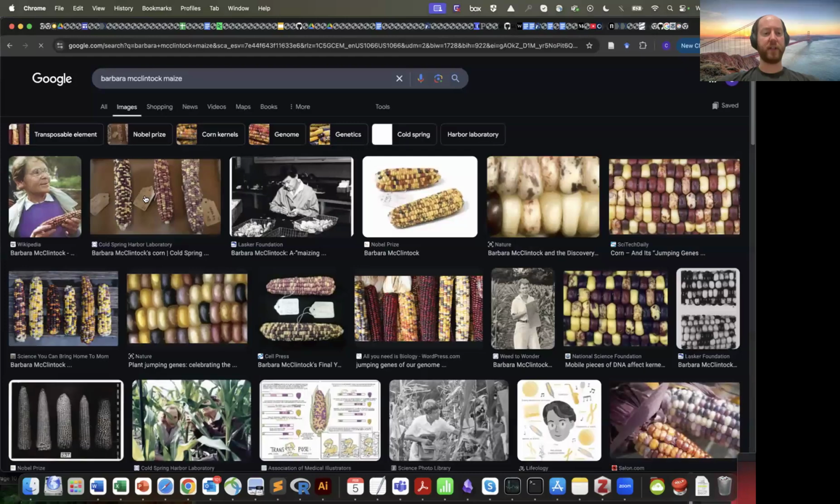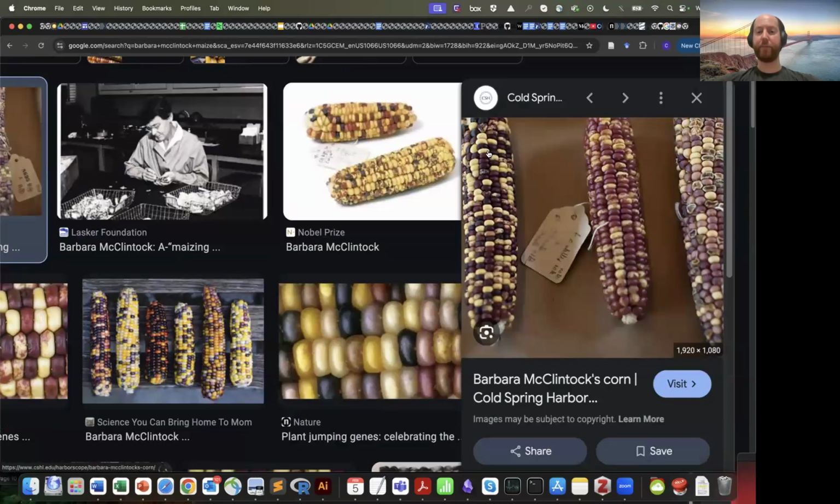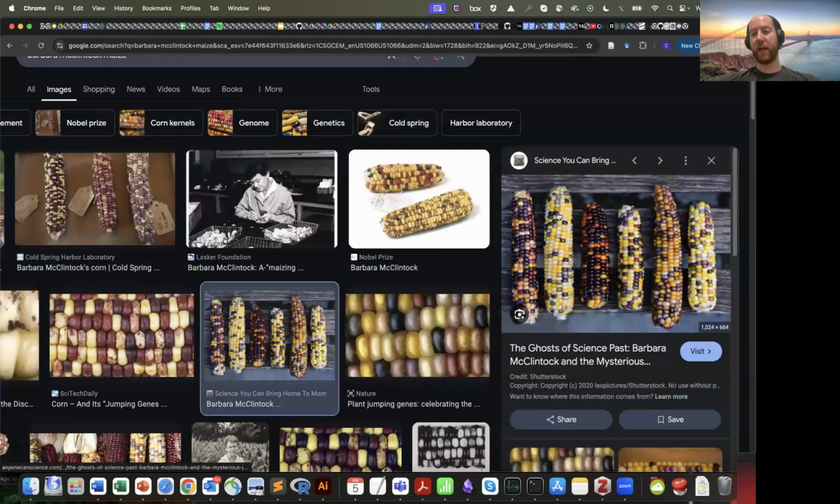And what she showed is that there are parts that you will all have seen, or some of you may be familiar with, in maize, where there's different coloring happening between the different parts of the corn husk. And so the difference in color that you're seeing there is because there are genes which are jumping, the idea that there are jumping genes that move within the DNA. And so what Barbara McClintock showed was that these retrotransposons exist.